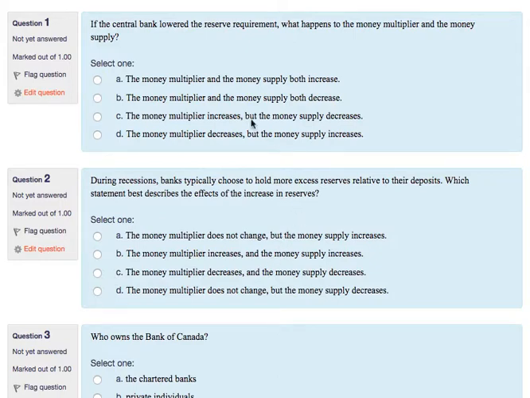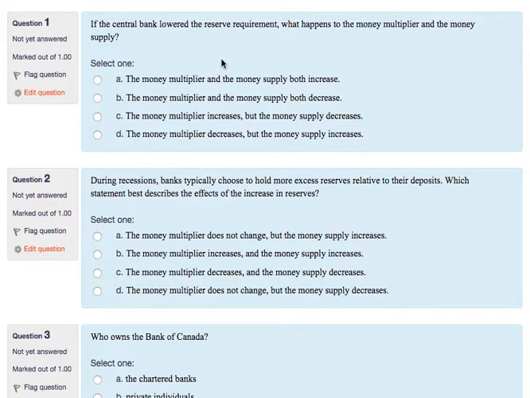Well, if you lower the reserve requirement, two things can happen. If the banks still decide to keep the same amount of reserves as before, nothing happens. But none of these answers here say that nothing happens, so that option actually is not represented here. But if we think that since they've lowered the reserve requirement, commercial banks would keep less reserves, well, with